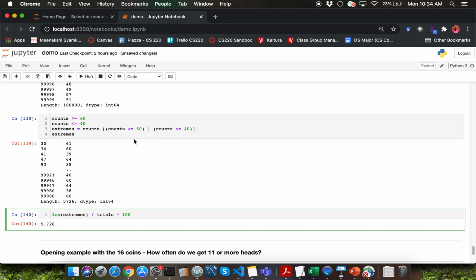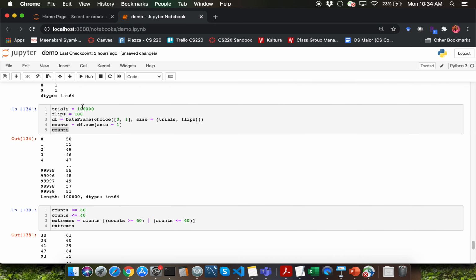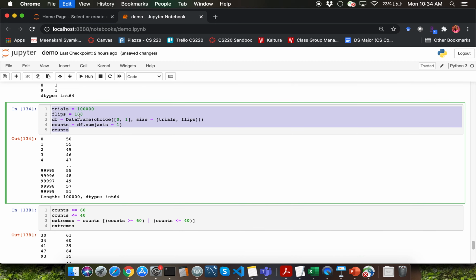That's a pretty low count, right? This value that you're determining here is very close to what is called the p-value in statistics. It's not the true p-value because you have very few trials here, right? You only have 10,000 trials.